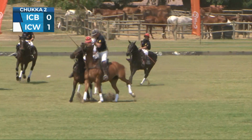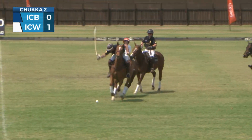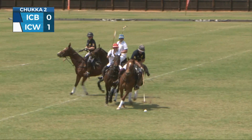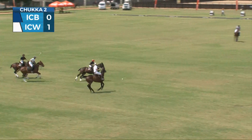Twart and Kennedy now crunching right off as the players and ponies meet in the middle of the field, and coming away with it now, it's going to be Twart. Twart now with the shot down the ground, been hard pressed there by Davis. Davis now and Twart. Inanda White now looking good on the play there as Twart works the near side of the pony. That's the left-hand side and strikes a good clean shot up the ground there now, looking up for